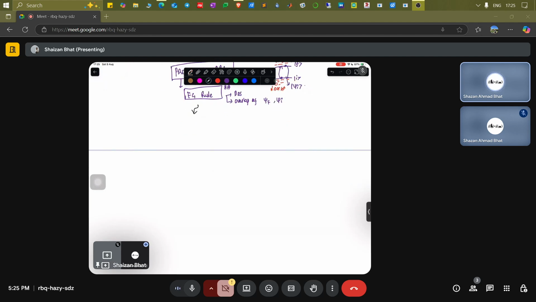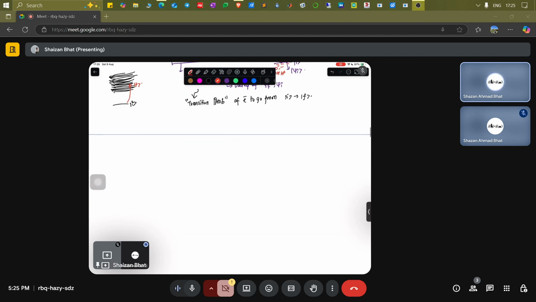So the Fermi golden rule gives us the transition probability of an electron to go from some initial state i to some final state f. It can even be, for example, that you have an initial state like this, and you have some ensemble of states, a band of states. Then it can go to some final state here. It can be a scenario like that. It can be a complicated scenario even. I'm just trying to simplify it.